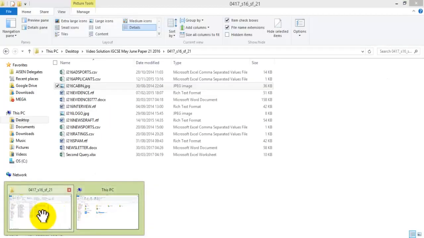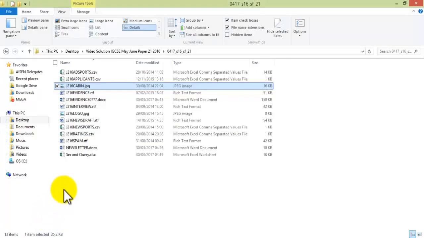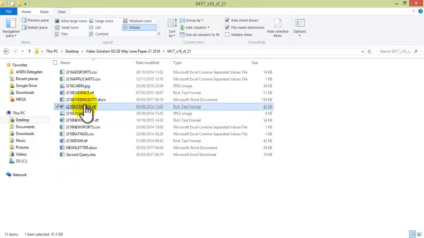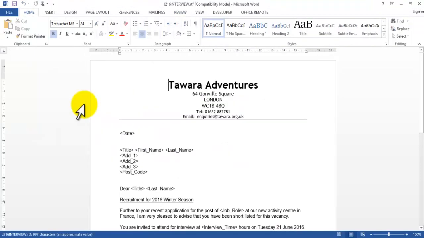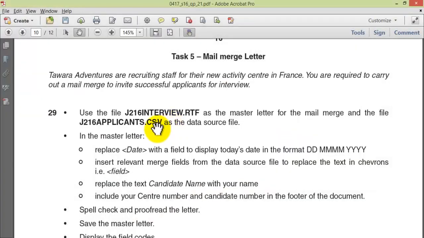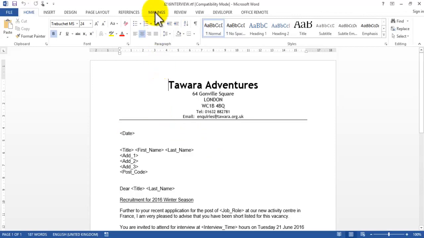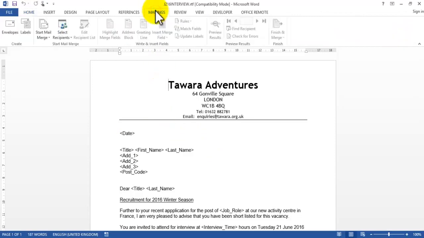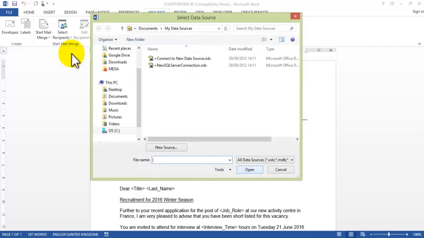So we are going to open the j216interview.rtf from our source folder. That's it there. Okay, so we have it, j216interview.rtf, as the master letter for the mail merge, and the file j216applicant.csv as the data source. So we'll go to Mailings, select recipients, which is from an existing list. If it's not from an existing list, then you can